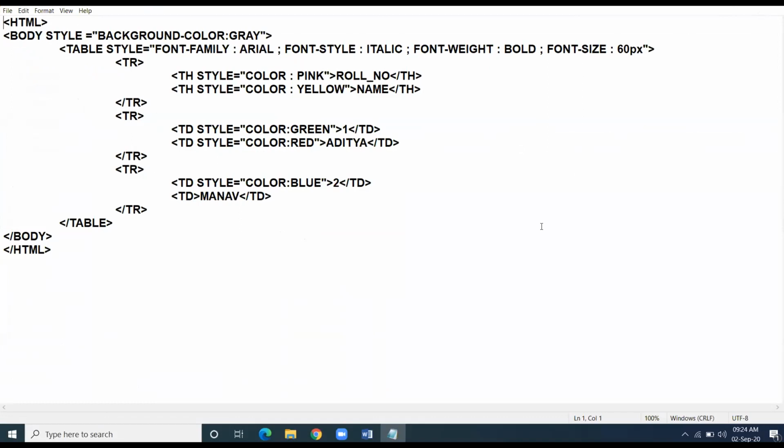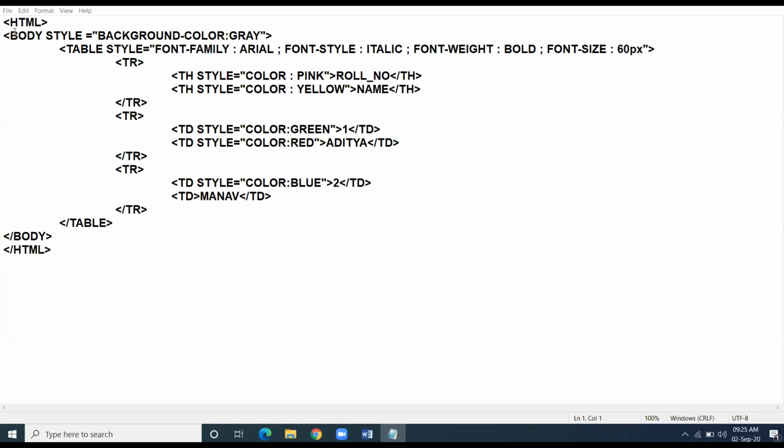In inline style, I told you we take style attribute. We are in the HTML page, the normal page that you used to make in Notepad. Nothing is changed. Everything is totally same. Here what we are going to do, we will take the style attribute inside the tag which you want to format, and set your CSS properties inside that tag.